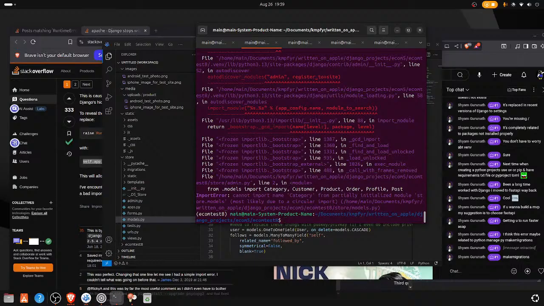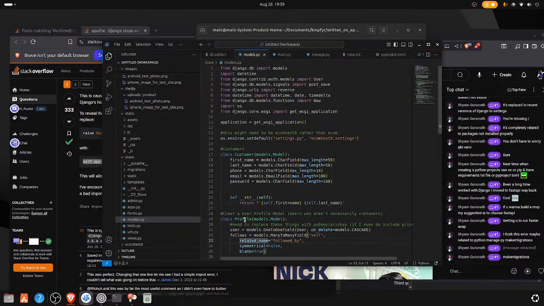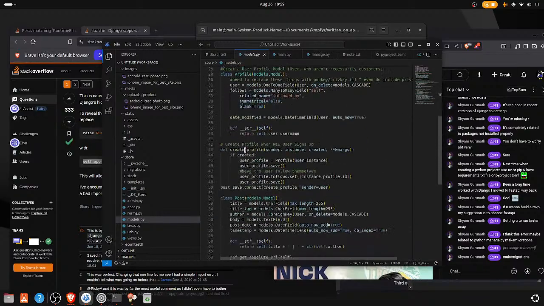No, did I get the same error? Did it make, what happened? I'm running it again. I'm getting the same error for it. Cannot import category from partially initialized module. Circular import. What's a circular import? I'm tempted to just type that into